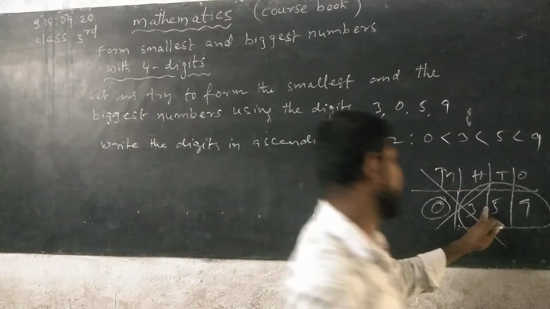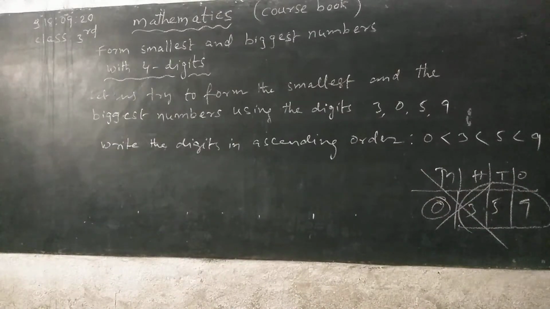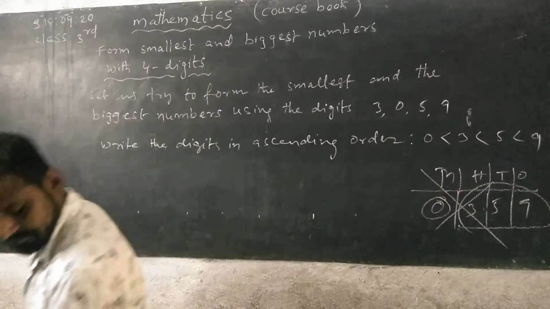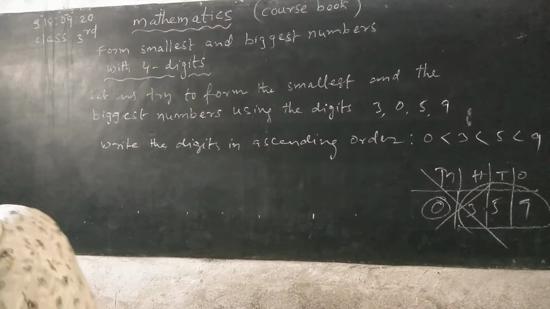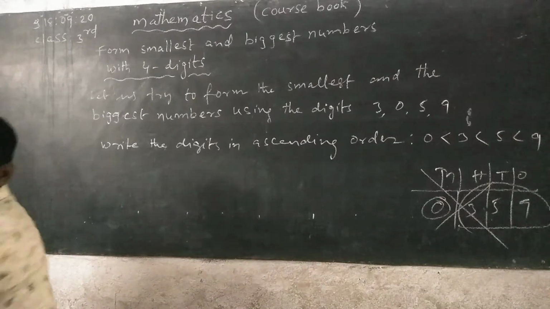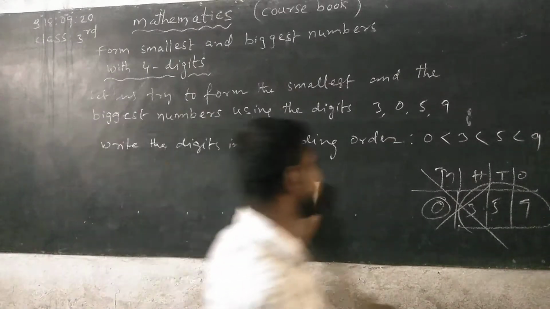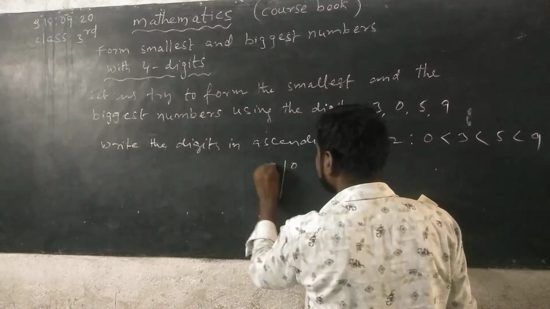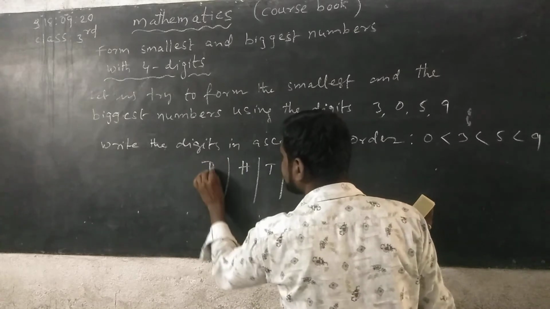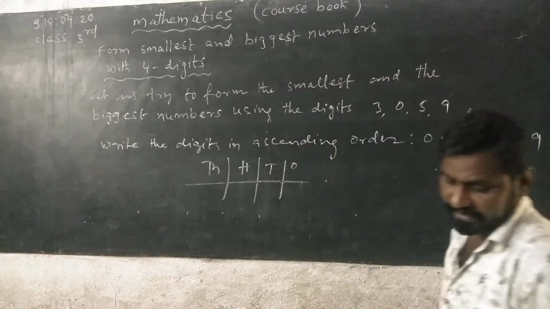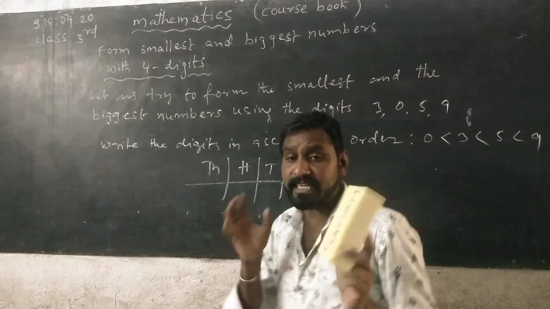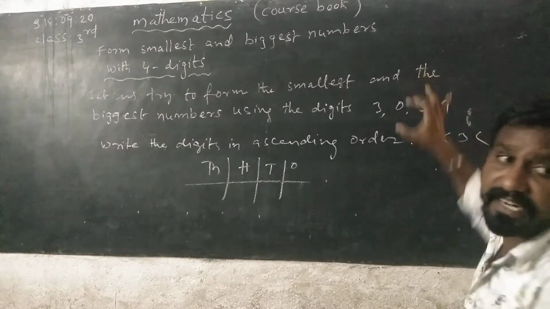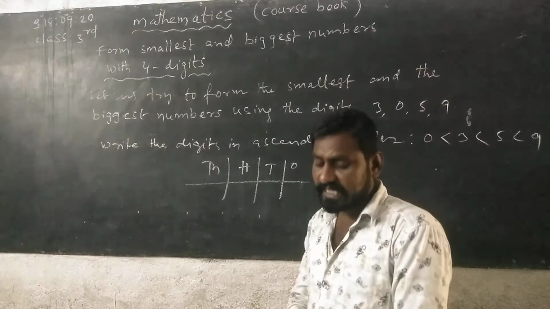Don't write like this only. Did you understand? In the given digits, the 0 is given. You can write the 0 in second place. Did you understand? So you can write here ones, tens, hundreds, thousand. If one of the digits is 0, the smallest number